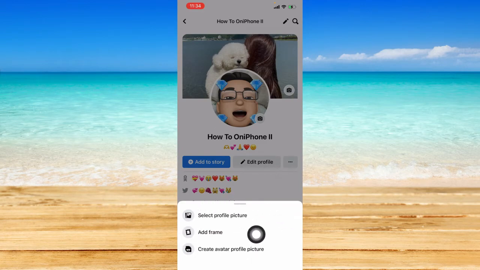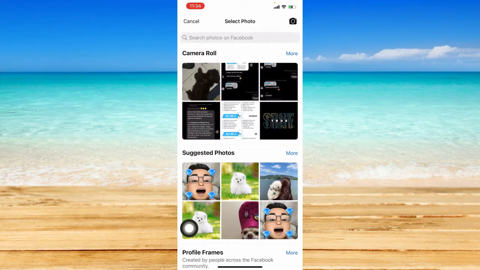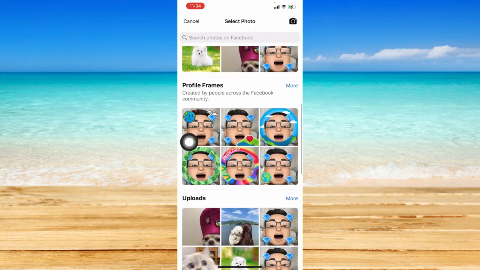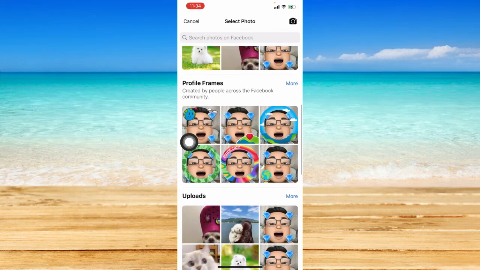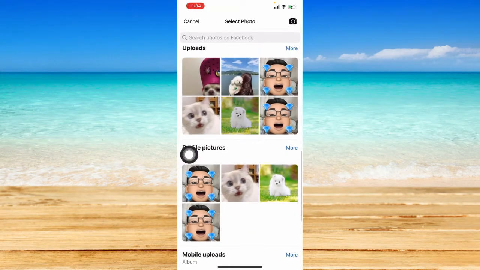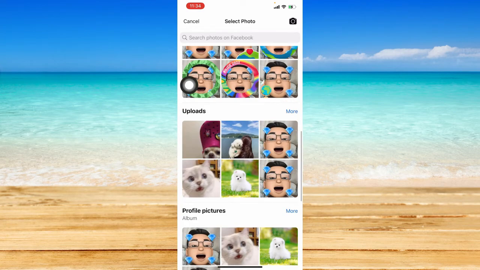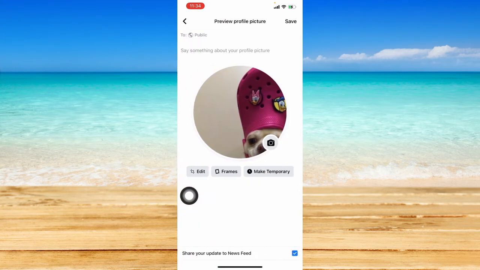and these options should pop up. Just click on select profile picture, and you can either select a photo from your camera roll or from your suggested photos. Facebook also suggests some profile frames right here, or you can also select from your already uploaded photos on your Facebook account. So I'm just going to select a photo from my uploads,